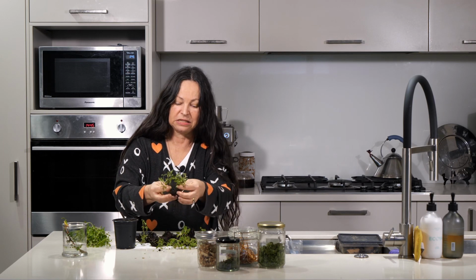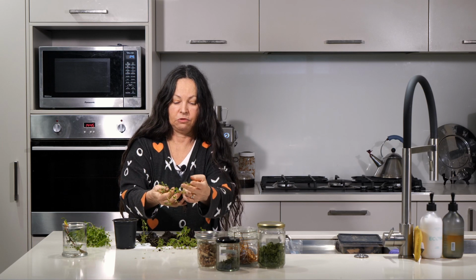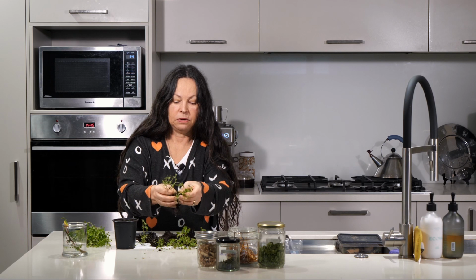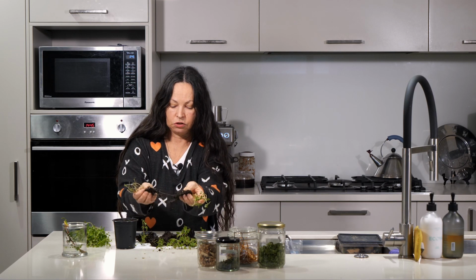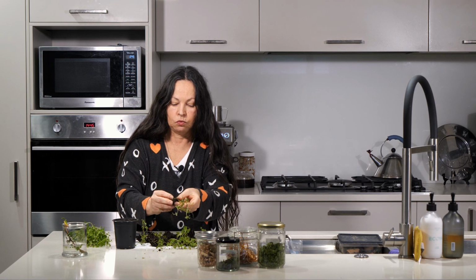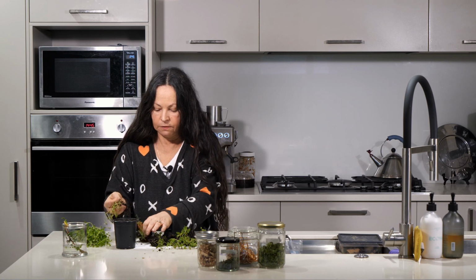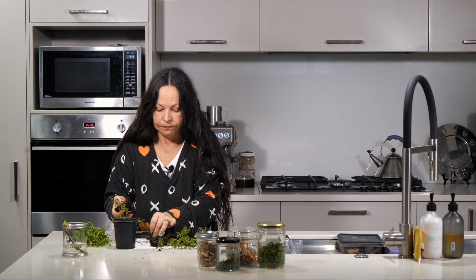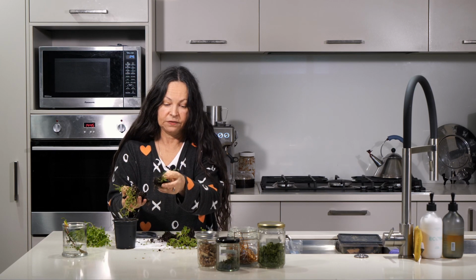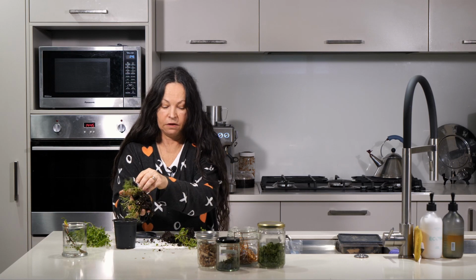So there we go. See, there's even another 3 here. You know, it's insane the number of plants that are packed in here. So we can even take these 3 apart. As long as we baby them, we keep them inside for a little while, perhaps on a warm sunny windowsill. We pot them up. So far we've got 1, 2, 3, 4. There's another 2 there, but we'll call that 1, 4, 5,